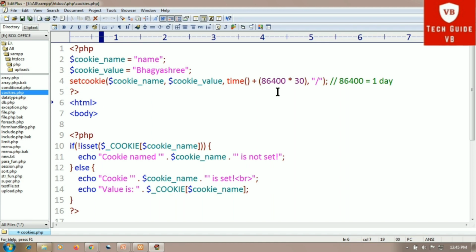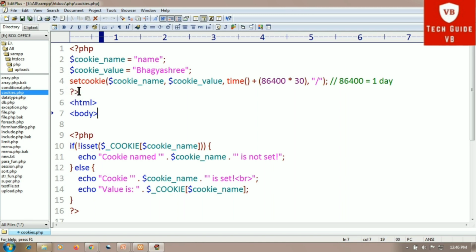So for setting the cookie for 30 days, we have taken 86,400 into 30. Then the slash is used. A slash means that the cookie is available in the entire website. Otherwise, here you can give or select the directory you prefer.